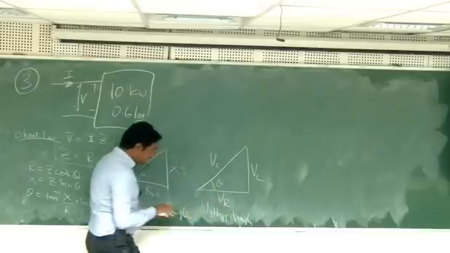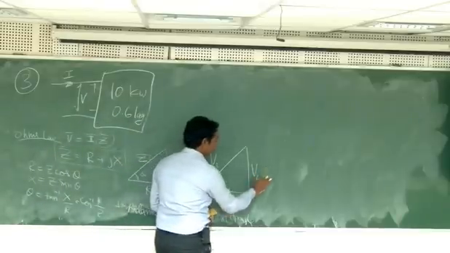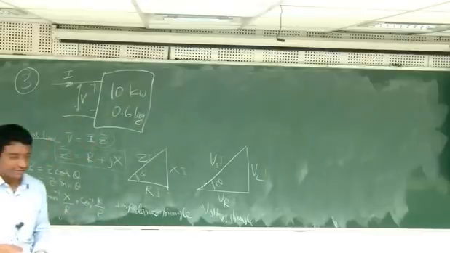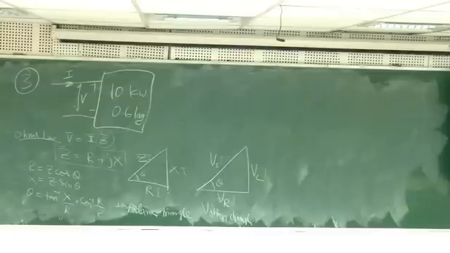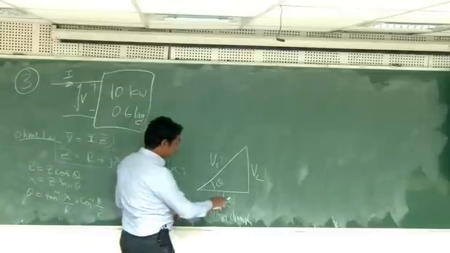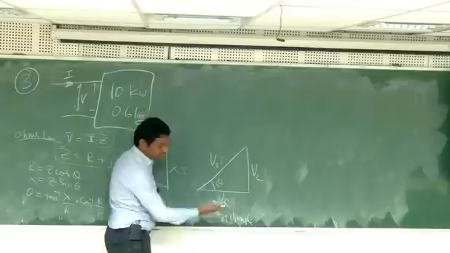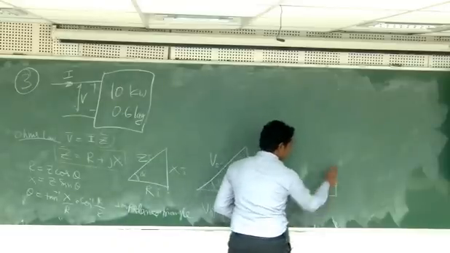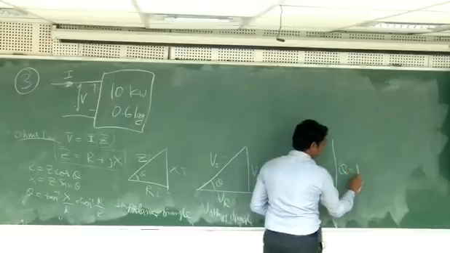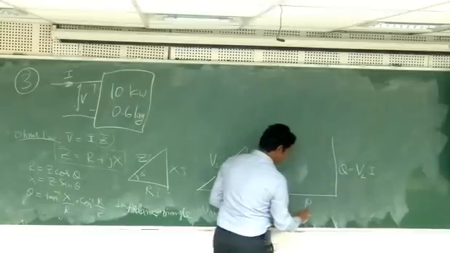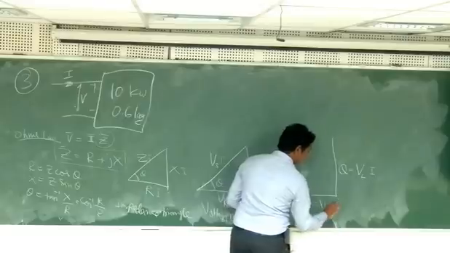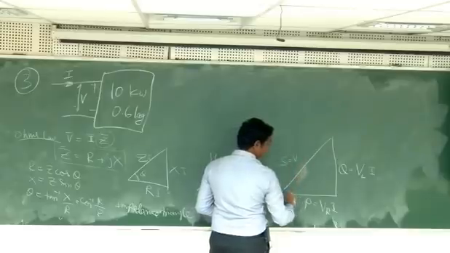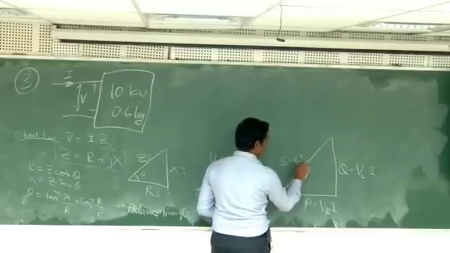Again you multiply with I. The voltage across the inductance, or whatever is the reactive part, you can call the reactive voltage. Now VR into I is nothing but power. V into I is power. So this is P, this is Q. Q is nothing but VL into I, and P is nothing but VR into I. And then this one will be S, which is V into I, or Vs into I.